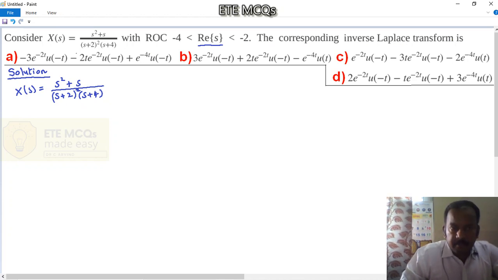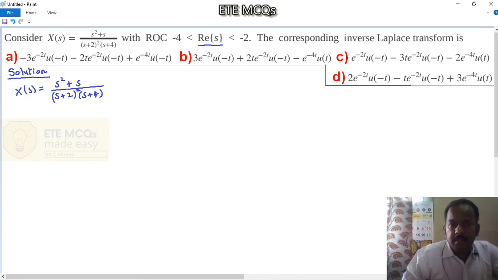So we are given the Laplace transform X(s), and we are supposed to find x(t) which satisfies this particular region of convergence. Before we proceed further, since it is an objective type problem, let us also think about elimination. Elimination will help you move towards the solution in the shortest possible time.